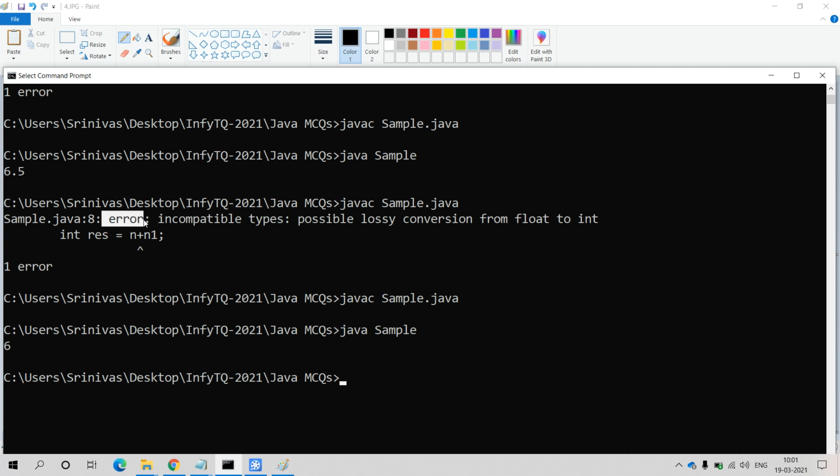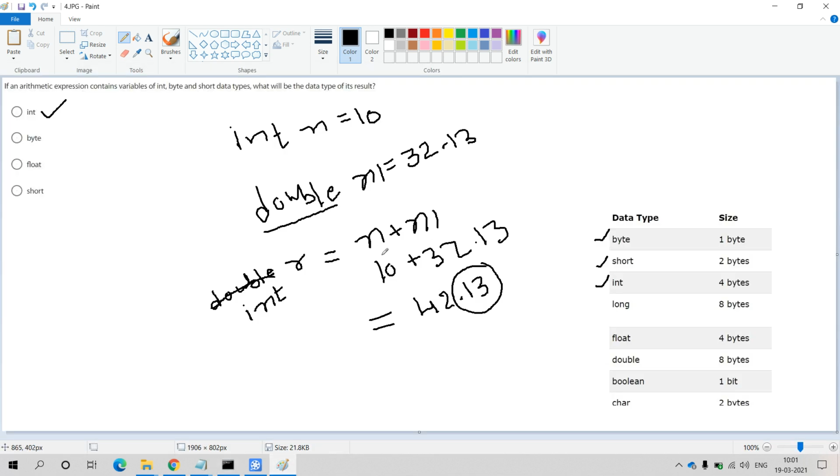We are going to get an incompatible type error if we try to store this expression value into the resultant variable r of type integer. At compilation time, you will definitely get this error, so be careful while solving these problems.